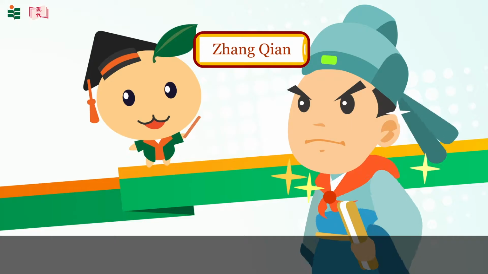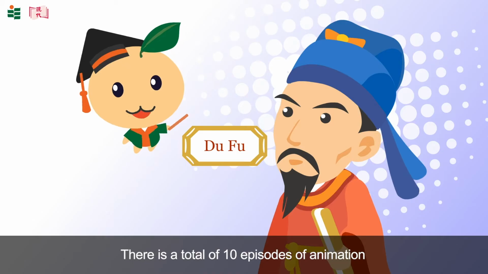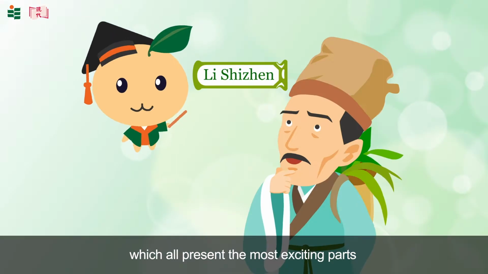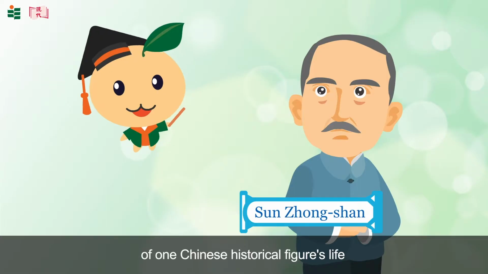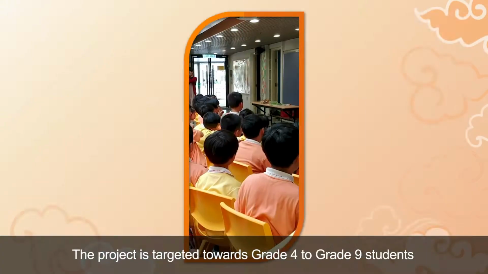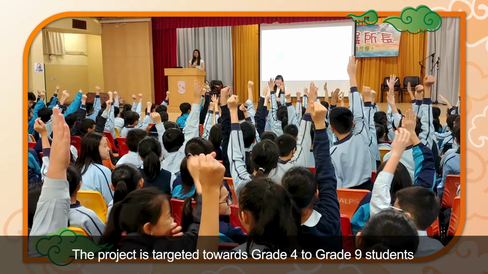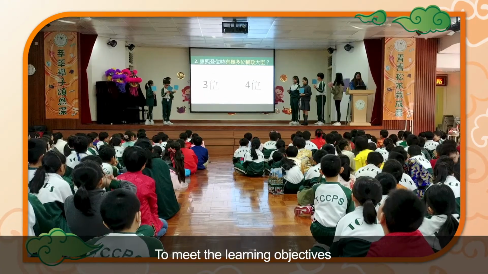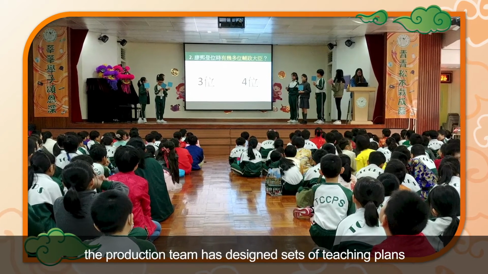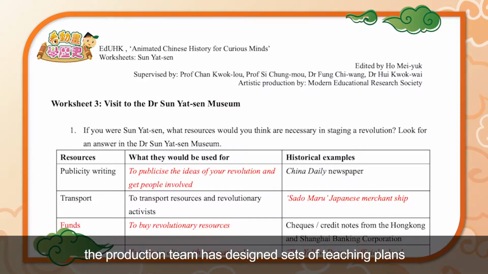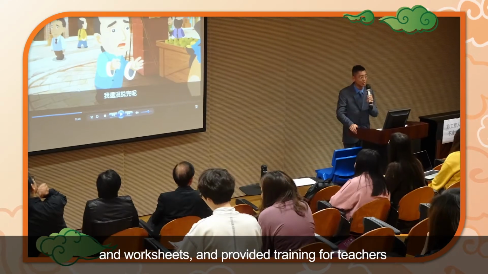This interesting educational project, Animated Chinese History for Curious Minds, has been produced by the Education University of Hong Kong. There is a total of 10 episodes of animation, which all present the most exciting parts of one Chinese historical figure's life. The project is targeted towards grade 4 to grade 9 students. To meet the learning objectives, the production team has designed sets of teaching plans and worksheets and provided training for